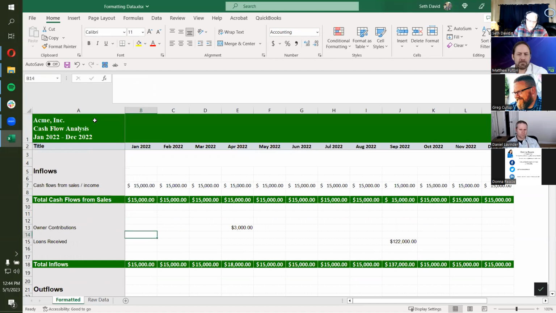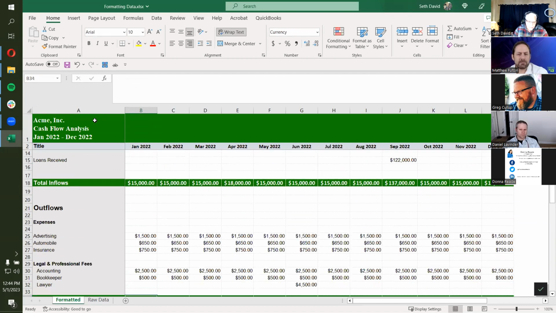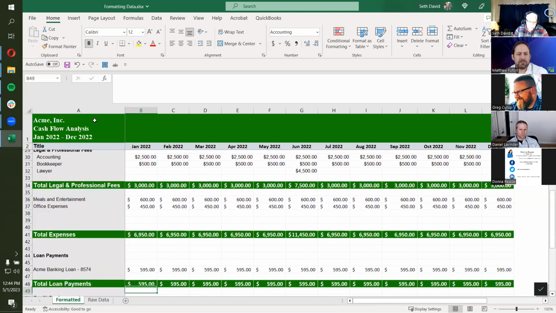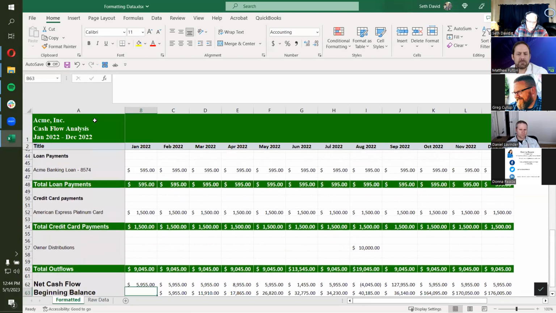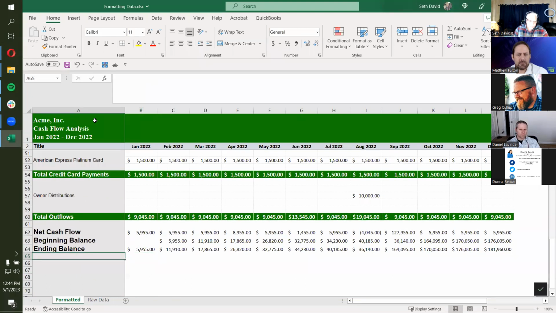So this is a very, very simple kind of cash flow analysis that I laid out just for the purpose of illustrating some of what you can do with the formatting, right? Now, what you may not know is that this color green is the actual QuickBooks brand green color. How do I know that? Because I did a Google search for Intuit or QuickBooks branding guidelines, and I found a web page that they have that's meant for developers, but it's accessible by anyone. And they give you the hex codes for the different shades of green that they use in their logos and things. And so I took one of them, the one that I liked best, and I formatted it.